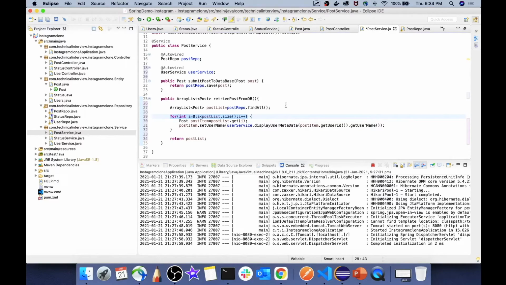And as I have already told, this should not be the logic of implementing any microservice, because over here you can see that both the post service and the status service get coupled with each other, which is not recommended for a microservice architecture. But since this is a small project, I am showing it in this way.